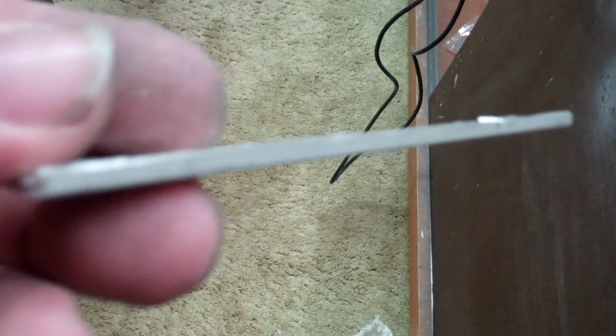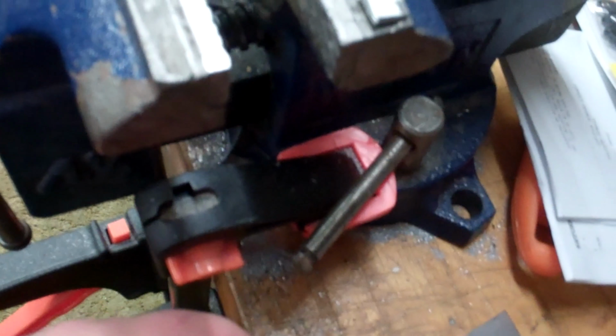Okay, so you can see where we went through and we cut the tab off the end of that piece of angle iron. Here it is right here. You can save those pieces and use them for metal shims when you get your windshield attached, or toss them out. So what we're going to do now is go ahead and take a